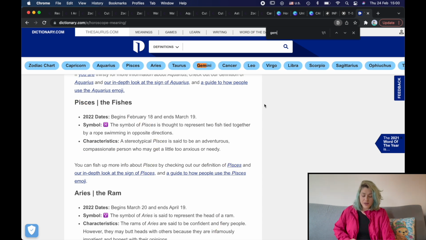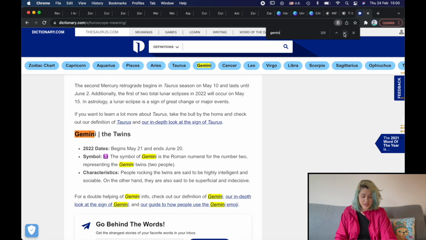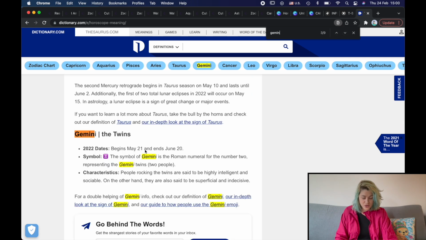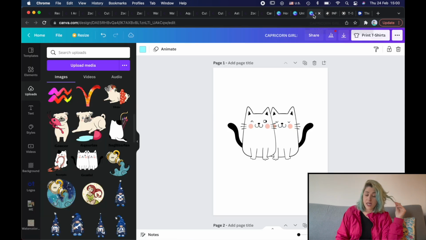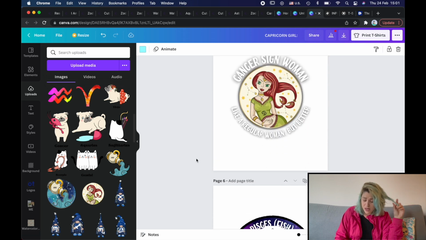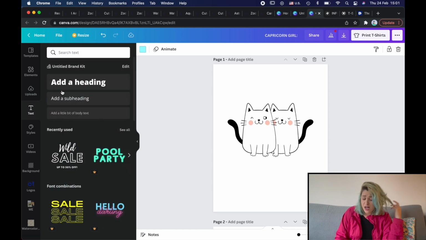And I was thinking about cool Gemini traits, you know, what is cute to say about Geminis, other than the fact that they were born in the end of May. But we have May till June, and then we have people rocking the twins are said to be highly intelligent and sociable. I was like, I can write down that. That sounds nice. I have this cute design of those cats. I just need to grab myself a piece of text or just add a new one and write down intelligent